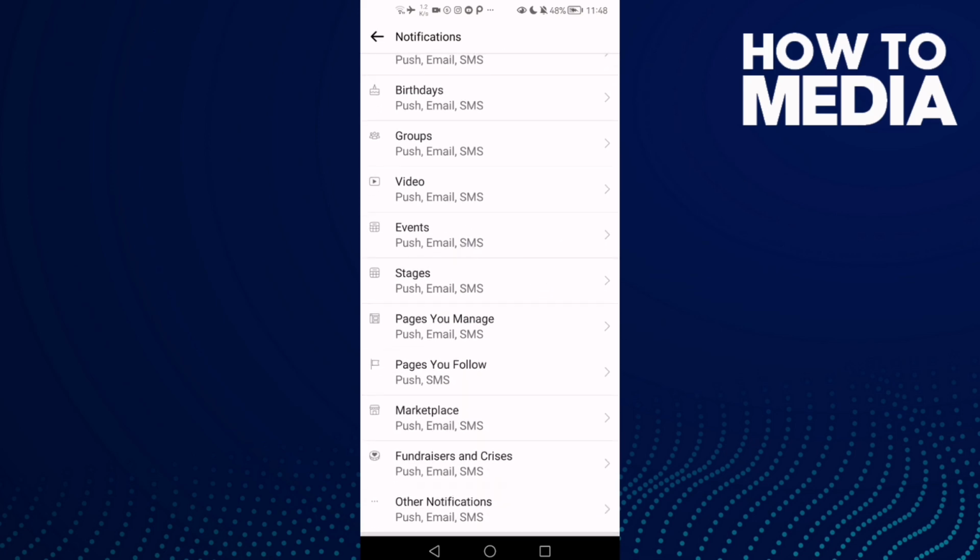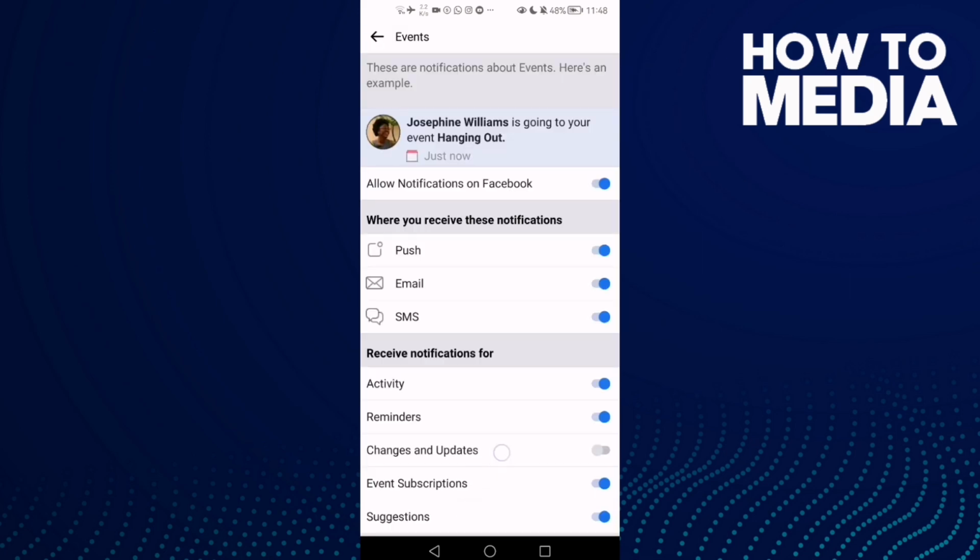and here you will find events. Click on it, and as you see now, all you need to do is just click on this one, changes and updates,